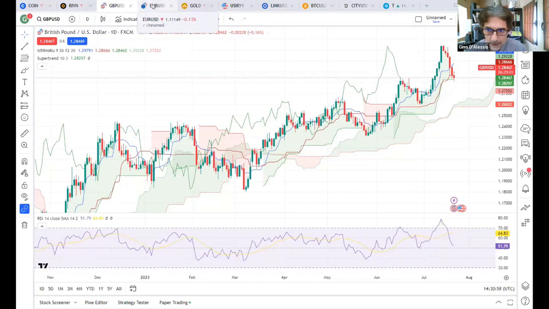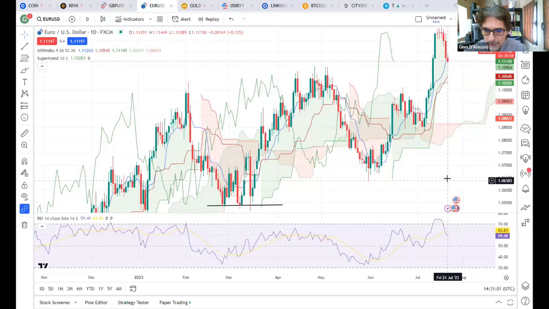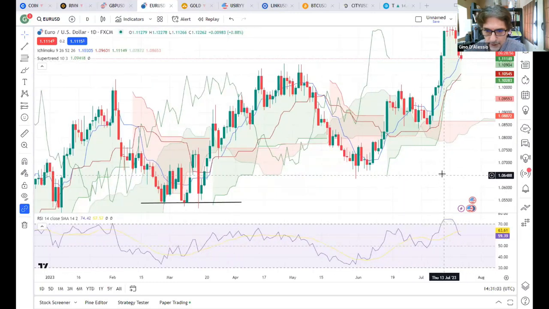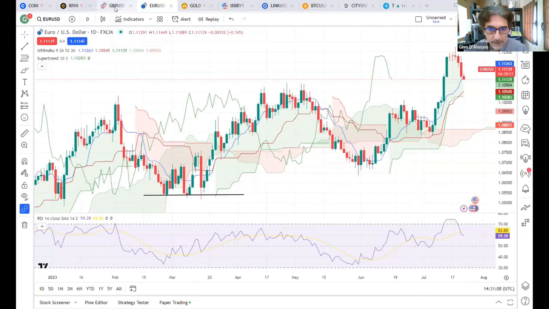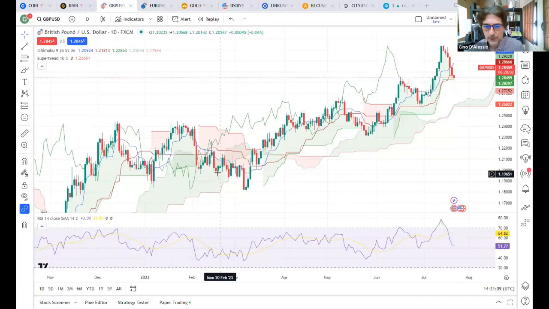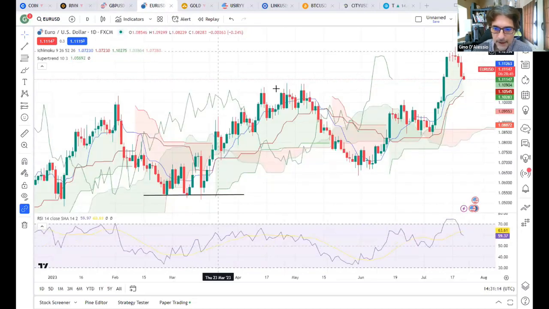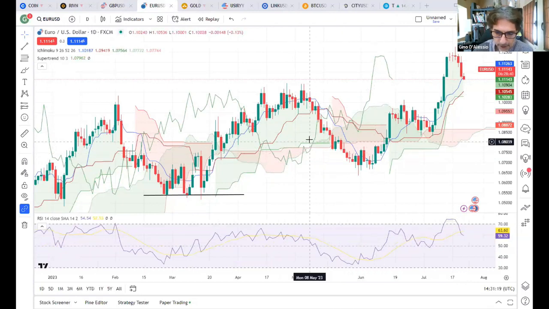This is sterling dollar, and this is euro dollar. They're very similar because the fundamentals between both of these currencies, the sterling and the euro, are very similar. Obviously, there are moments when they don't trade in the same direction, but generally, and we know this from statistics, between 80 and 85% of the time, sterling dollar and euro dollar will move pretty much